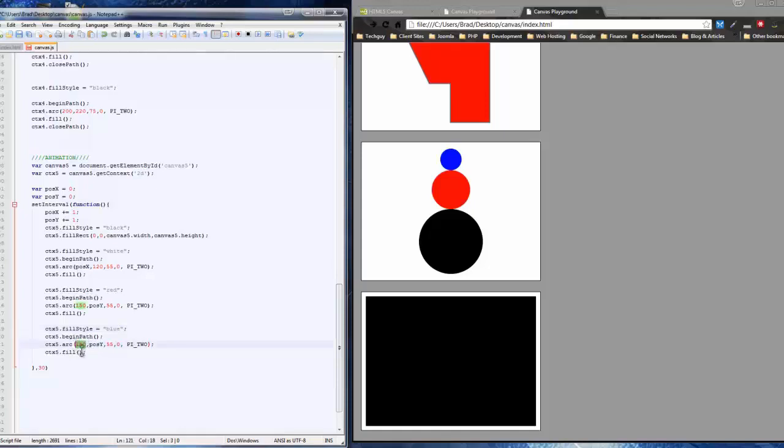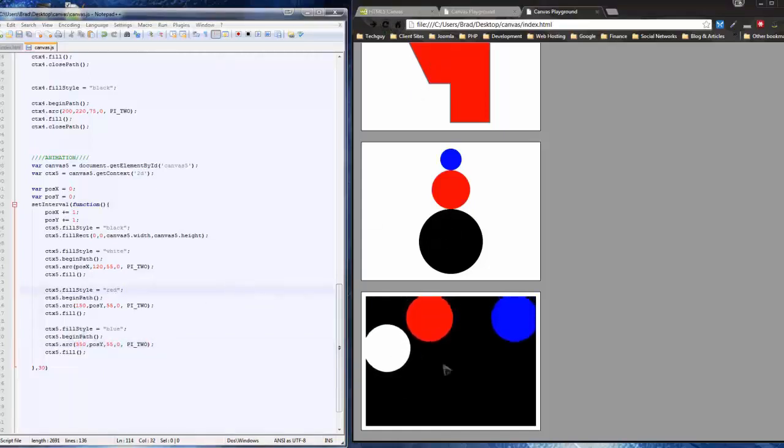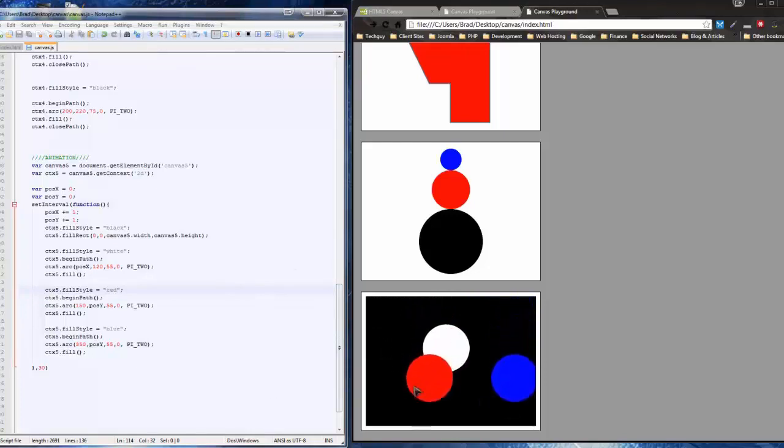I'm going to move this over to 350 so it's not in the way of the other one. Alright, save that, reload, and now we have a couple cool little circles animating nice and smoothly